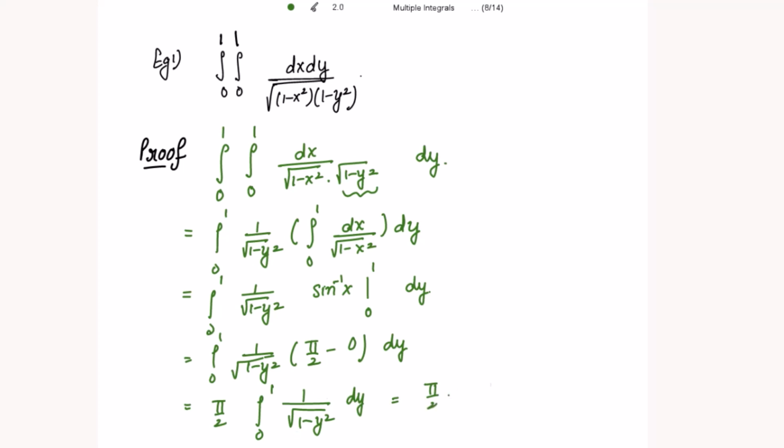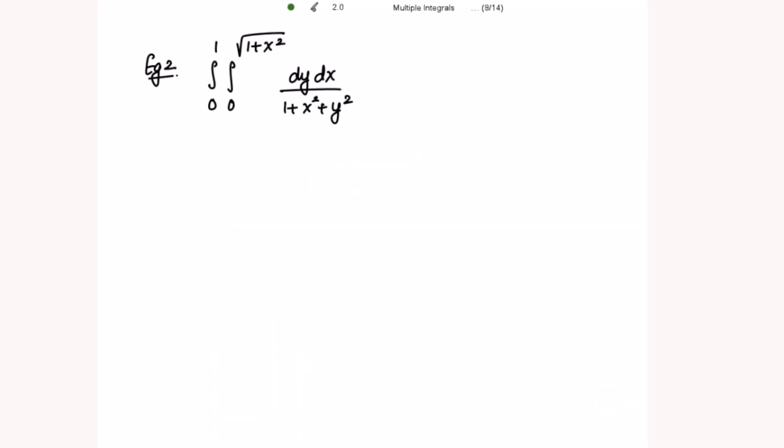Again, this integration is sine inverse y from 0 to 1. And this is pi by 2 into, okay, sine inverse 1 is pi by 2 minus 0. And the final answer is pi square by 4. Fine? Okay. Let's move on to the second example, where two limits are constants